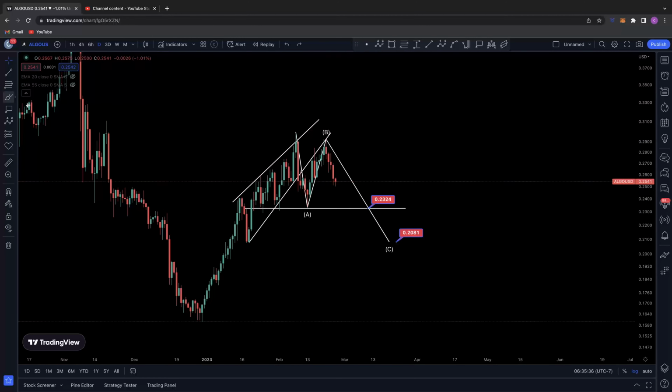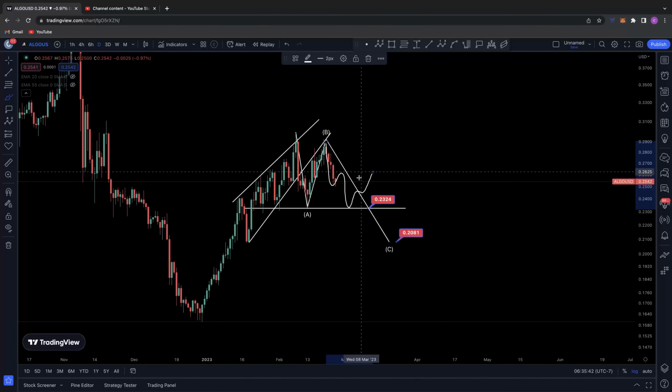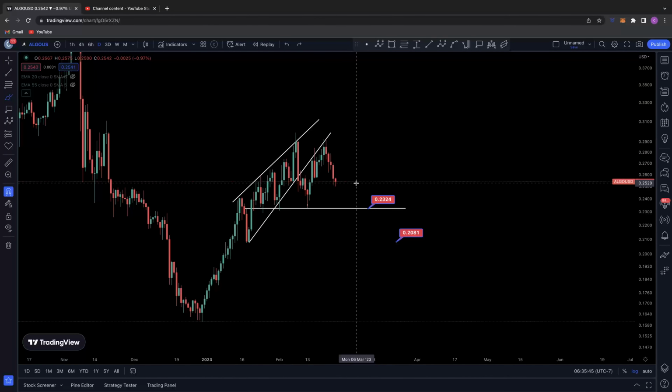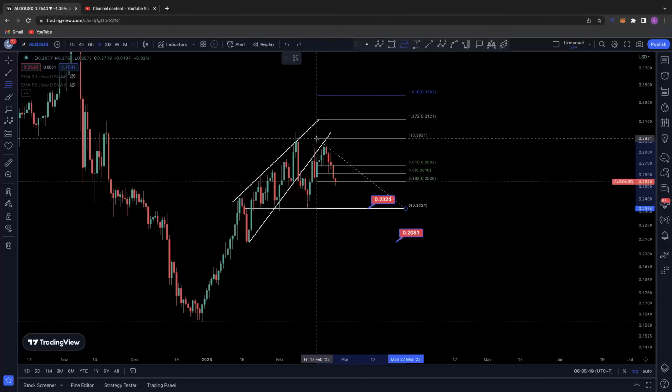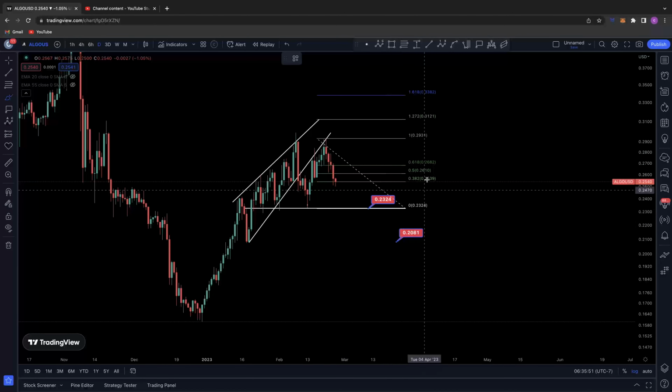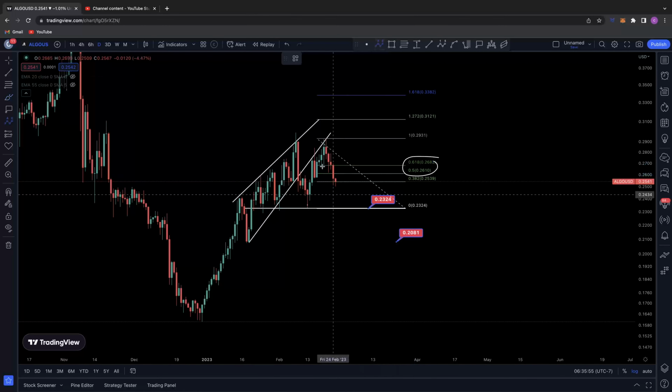At that point, I do think we may see some relief. If we do see Algorand forcefully get pushed down here, I think we may see some relief. But then at that point, if we do see a relief rally off of this 23 cents, retracing back up to this high, if we fail to get a break above 26 cents, I think it's a dead cat bounce,